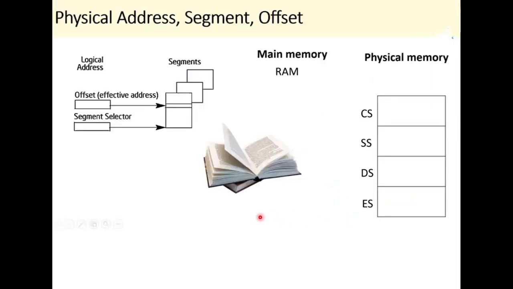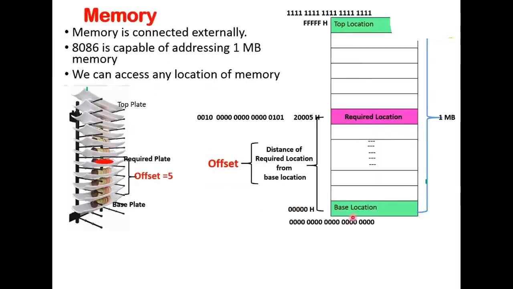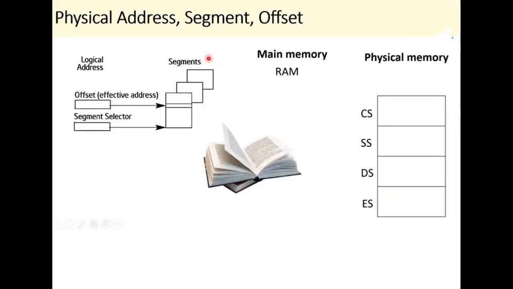Now we'll see how to generate a physical address by using the segment address and offset address. We already know what the offset address is. Segment address is nothing but the base address. Already I told you the base address here is 00000. The starting value is the base address, and offset is the distance. Now we are going to discuss how to generate the 20-bit physical address by using the segment address and offset address. Here we have given one analogy for better